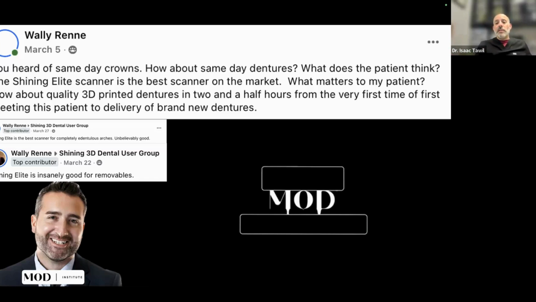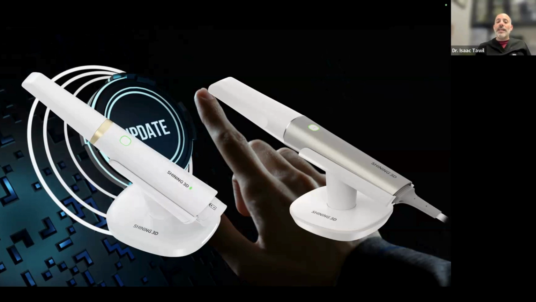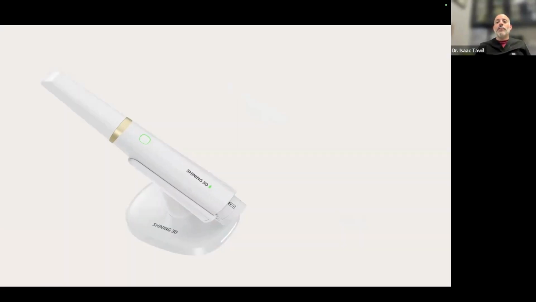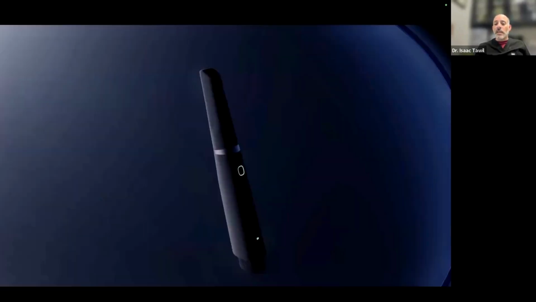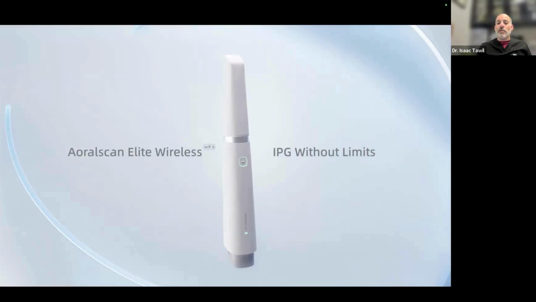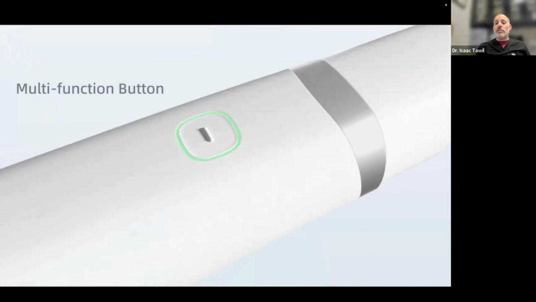We do have an update to the intraoral scanner. We did make it wireless. We did cut the cord. It is slightly heavier, but it is the lightest intraoral scanner on the market currently that I'm aware of. It's really, really impressive in that we can get this lightweight body, sleek design. It's just a little bit bigger than the wired version. Obviously, we have to fit a battery, so it's going to be a little bit bigger. It has that multifunctional touch button and all the great features about it.